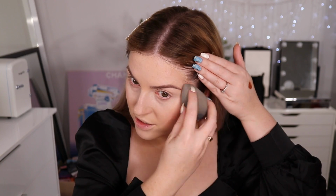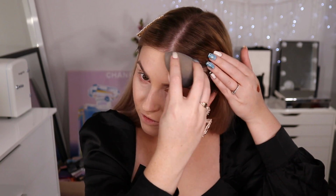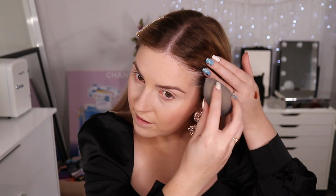The color itself is just not really that good for me, and I feel like if you have darker skin than me it's gonna be even worse because it just disappears. It's a really sheer, lightweight kind of liquid bronzer, but it just doesn't even do enough. I'm gonna apply a few layers of it to see if I can make it work, but even if I can make it work this time, it's just too much effort. It's almost